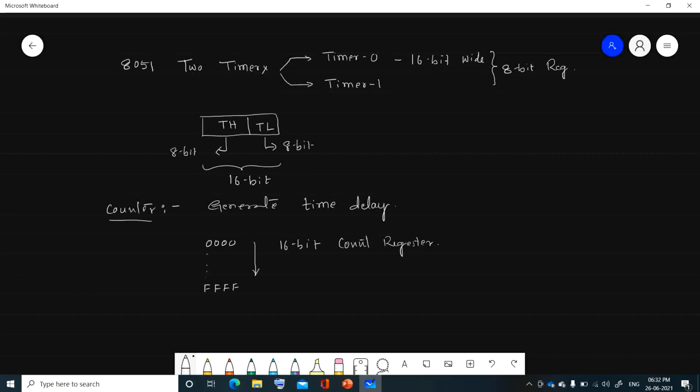As we know, the special function registers, what we call SFRs, are all 16-bit registers. So here we should know that when the counter reaches the maximum value, that is FFFF, then it rolls over